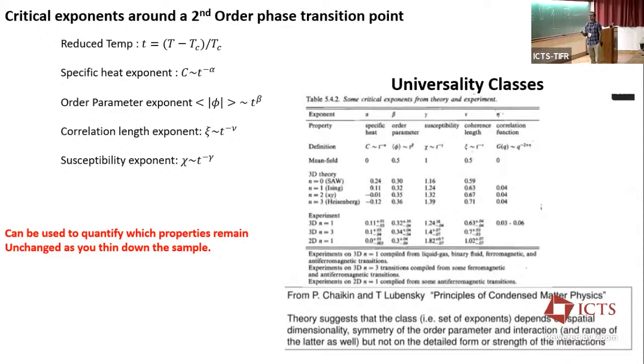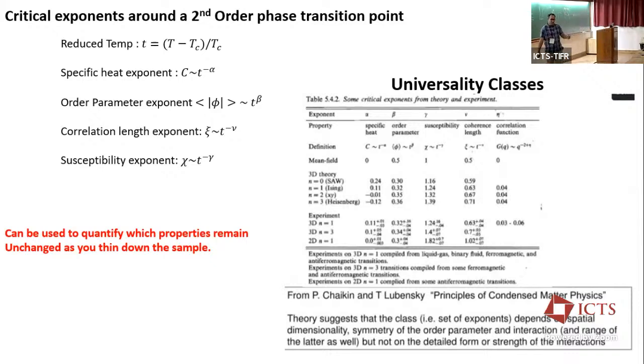This is well-known critical phenomena. They will have critical exponents associated with it. So as we thin down the sample, as we go from the bulk to thinner samples, what happens to the critical exponents? Because these critical exponents can actually be mapped to universality classes. There could be the Ising class, you could have the 3D Heisenberg or tricritical model mean field pictures. So there are various universality classes which can explain what is the nature of the critical exponents that you get